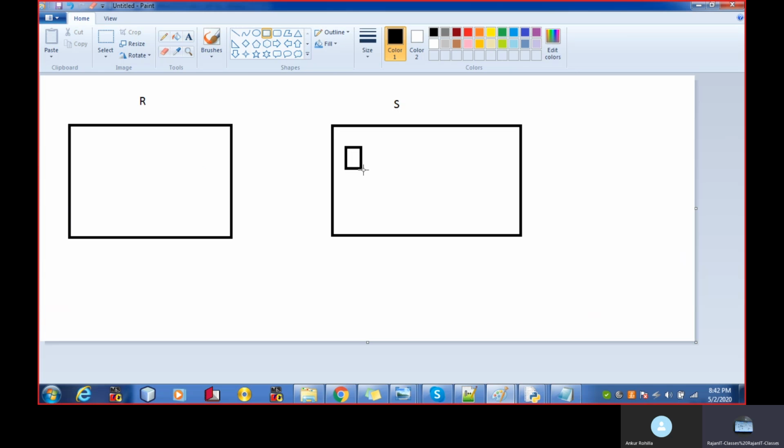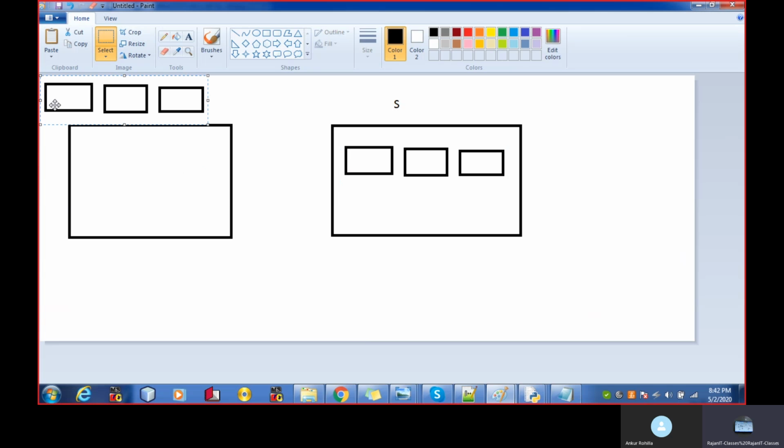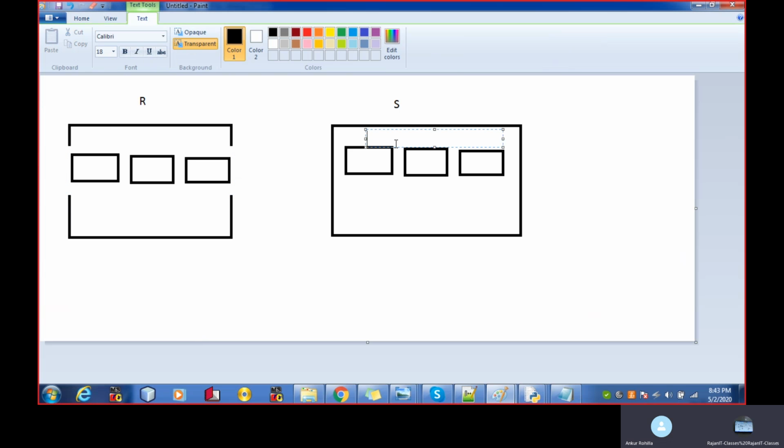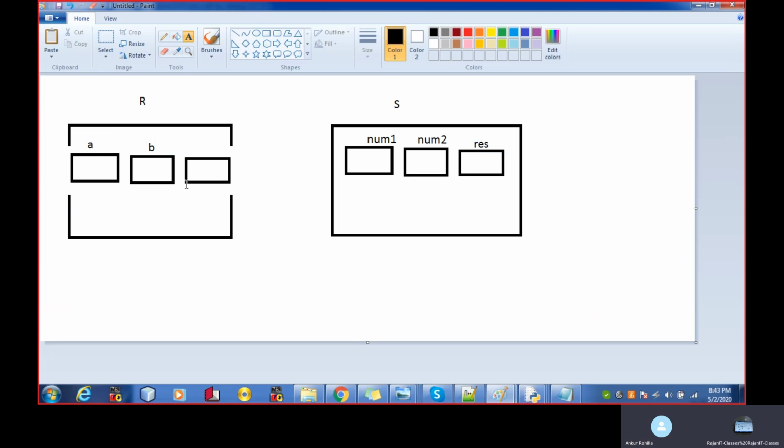Inside the Sham house, we have three boxes, and the same three boxes we have in the Ram house as well. But the names of the boxes are different. Here it is num1, num2, and this one is res, and here it is A, B, and C.